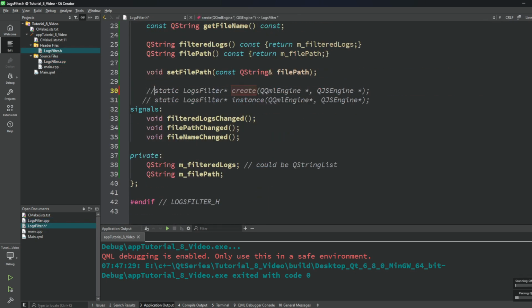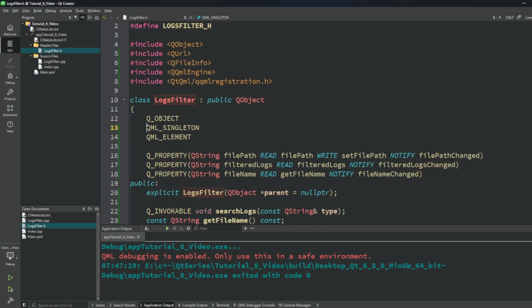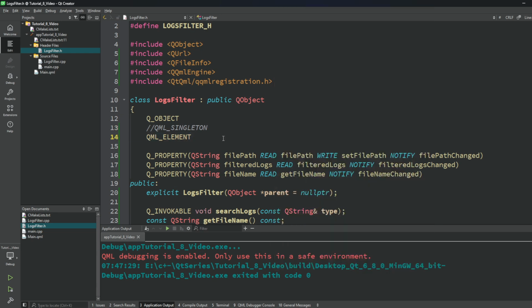Also comment this one. Okay, and let's also comment the QML singleton macro, because it is not a singleton anymore, but a QML element, because we want to, as you remember, QML element registers it to the QML. So we don't want to remove it. And I will show you firstly the simplest case